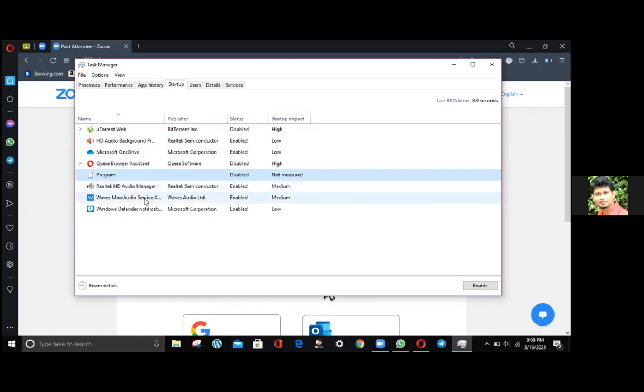Microsoft OneDrive seems okay. Waves MaxxAudio Service is okay. Windows Defender is for antivirus purposes, that is also okay. So that's what you have to do. You have to selectively keep the things, but don't let everything run at startup.